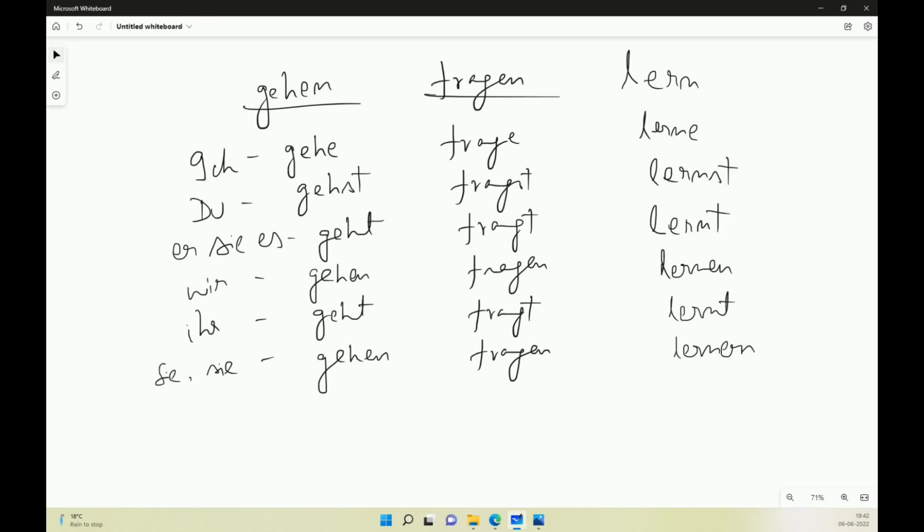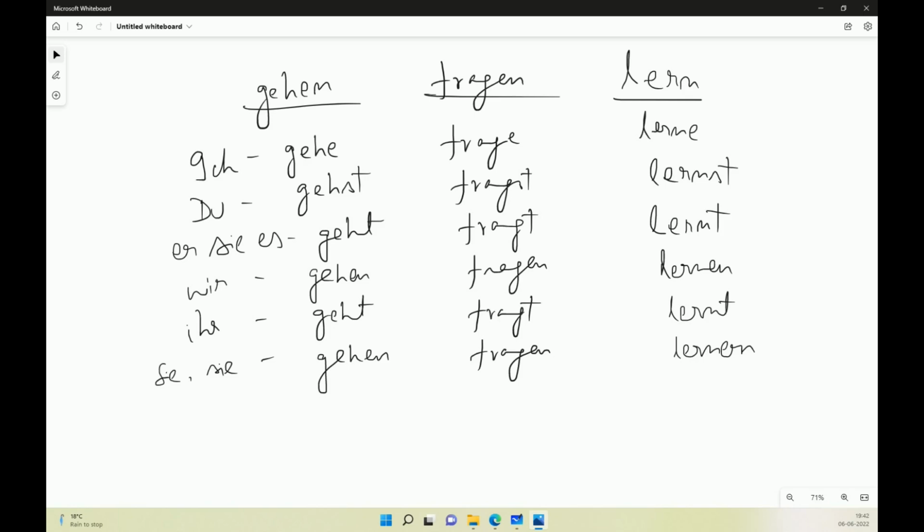Wahrscheinlich habt ihr bemerkt, dass wir nur lernen, diese regelmäßigen Verben, geübt haben. What I mean to say is, probably you have already noticed that we are talking about verbs which are regelmäßig. That is, they are following the rules, right? So they are known as weak verbs. Again, there is another species of verbs which do not follow these rules. That we will take up later on. I don't want to do it today.